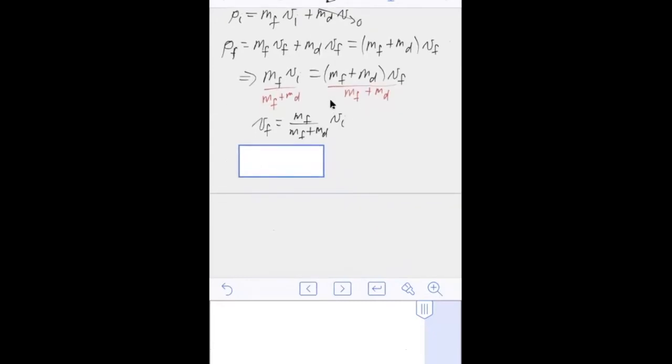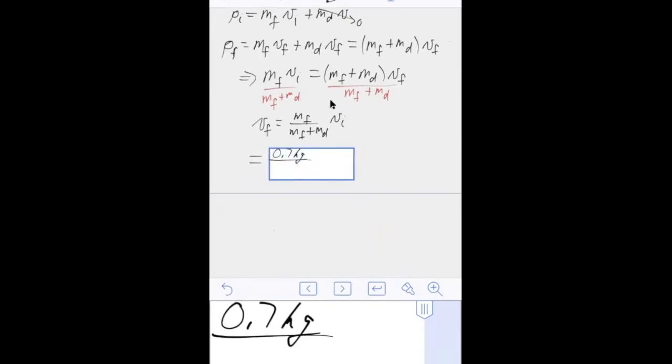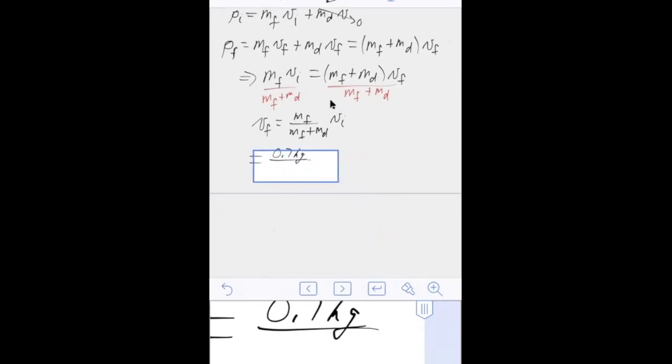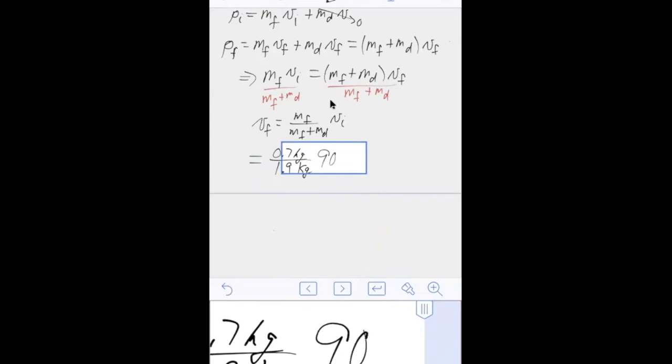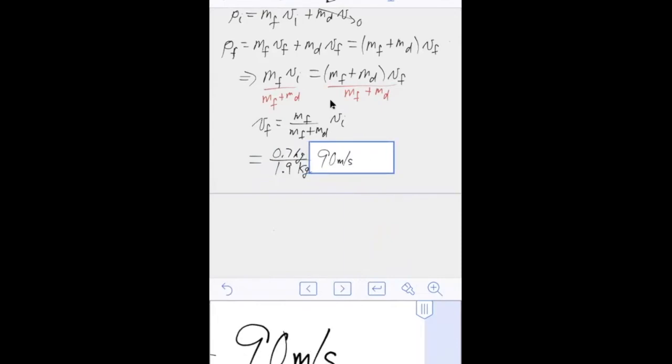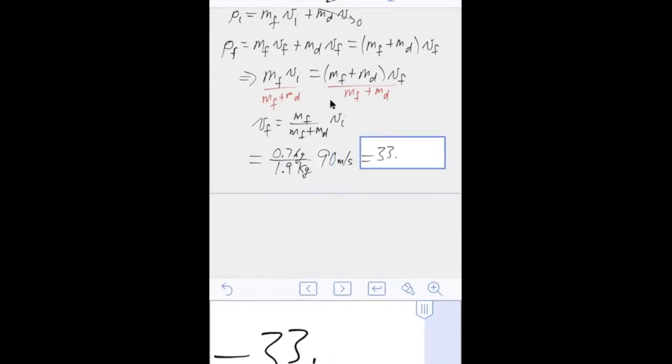So using our given values, I've got 0.7 kilograms divided by 0.7 plus 1.2, that's 1.9 kilograms, and then times 90 meters per second. And that gives me a final velocity of 33.2 meters per second. Now, I really should just keep two sig figs here, but I'm keeping an extra one